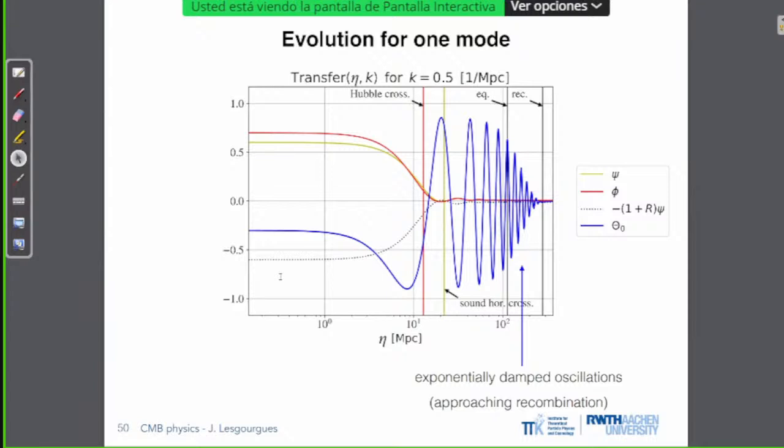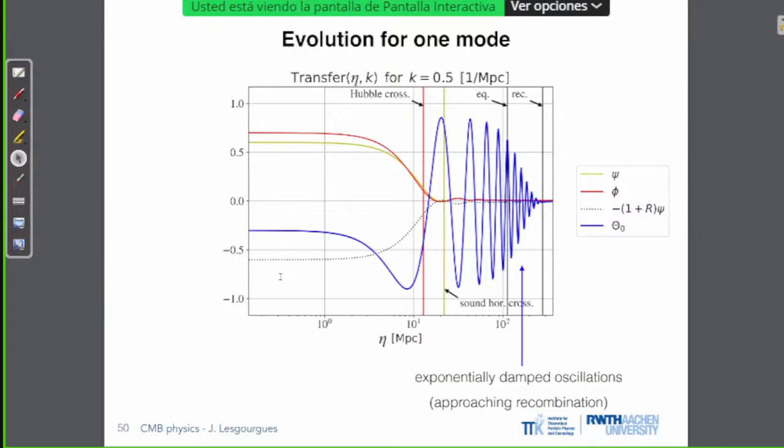It accounts for the fact that the sound speed of the fluid decreases during matter domination. And then there is exponential damping. Exponential damping comes from the fact that we are leaving the tight coupling approximation. The scale that we are considering becomes comparable to the diffusion damping scale from Monday. And so diffusion damping erases everything within a radius of lambda d, and this means that this mode then will